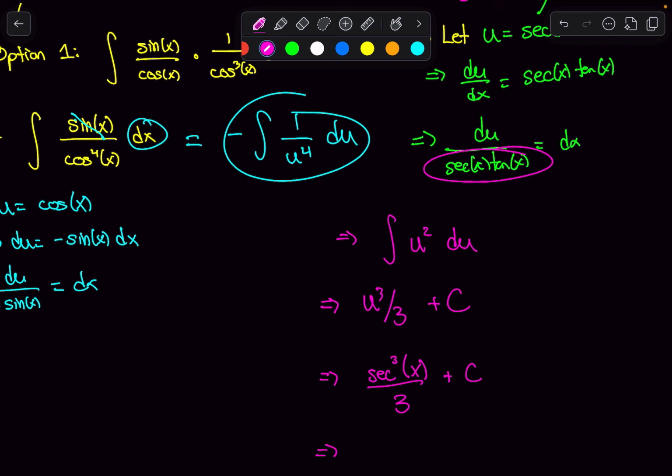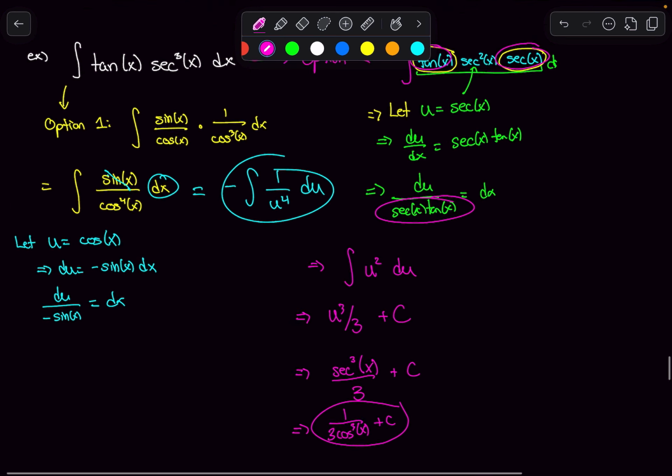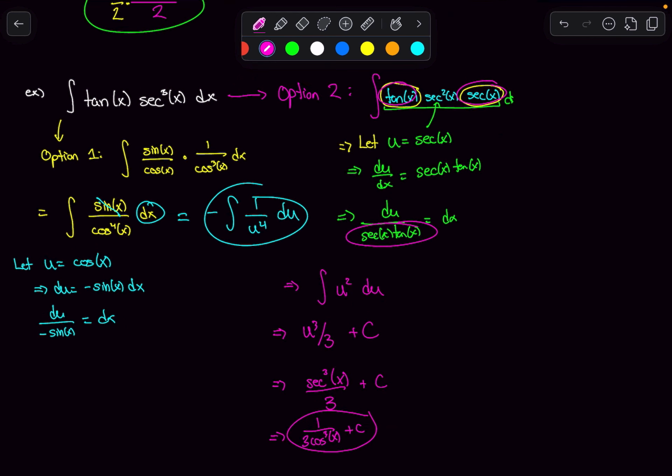And so we could leave it like that. We could write it as 1 over 3 cosine cubed of x plus c, whatever it is that we want to leave it as. And you'll notice that this is the same answer as what we have before,